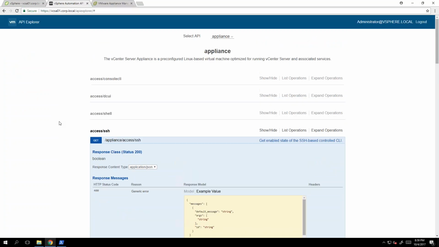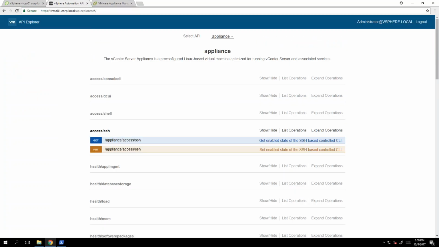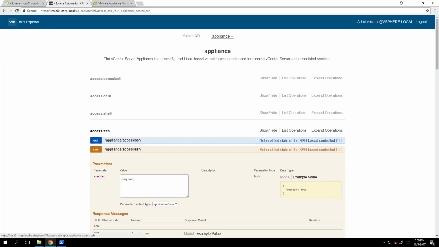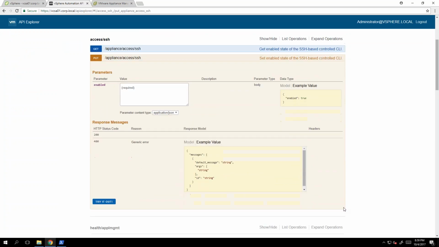Now, what if we wanted to change that? What if we wanted to be good stewards of our security and our environment, and we're like, we should turn that off? So we can go to the next call that's right there, which is a put statement, which means that it's changing something. And then we can click on the example value right there, which is going to fill in what the JSON should look like. And then instead of saying true, we're going to say false. So in that case, if we run this again,